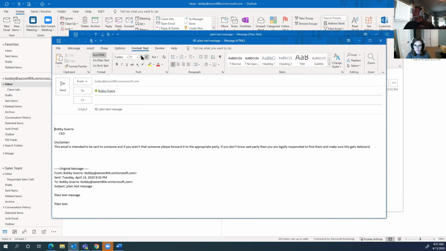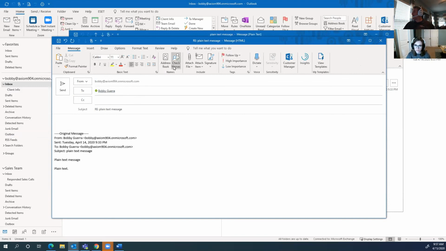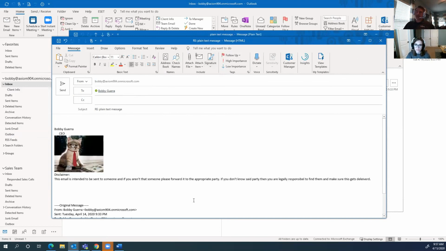Now you can see all of a sudden I can do fonts and all these other things light up. Now I can come in here, delete that message, go back to the message option here, go to signature, and now I can add my signature, and there's my cool signature with my legal cat. He's ready to get some work done. That is a get-it-done attitude cat. But that's because the format of the email that I got was plain text, so it can't embed any of that stuff. That's not a format that it understands.